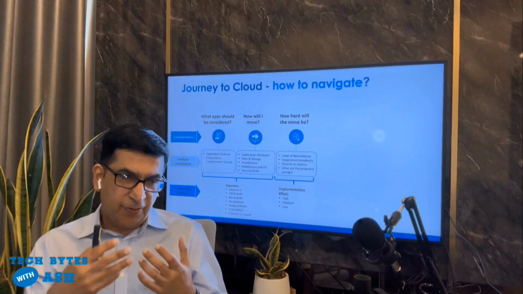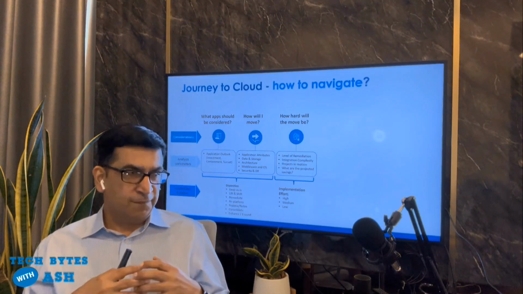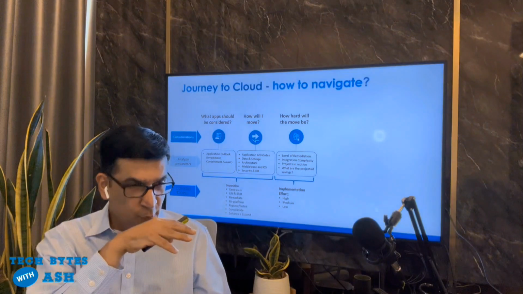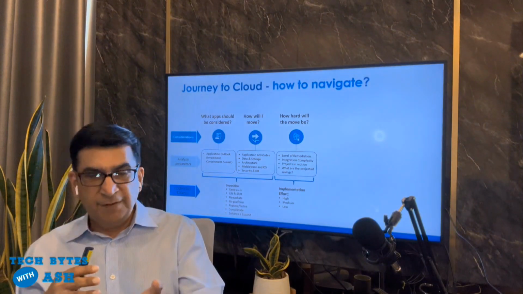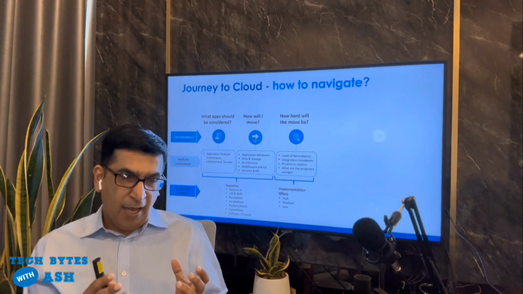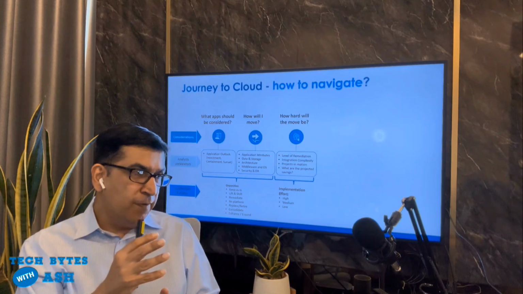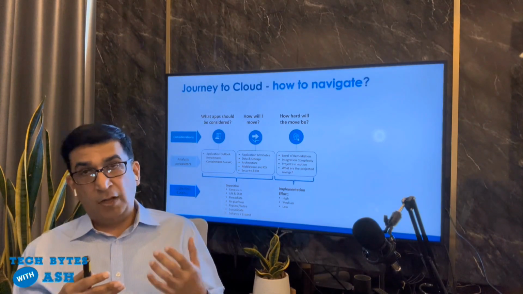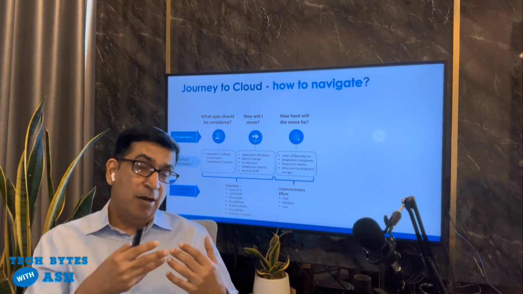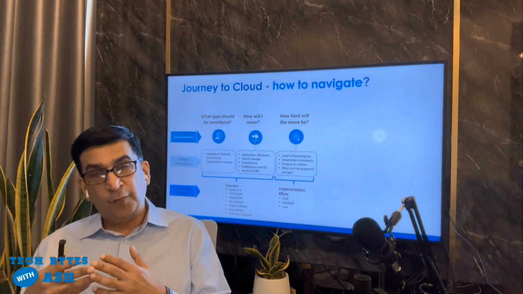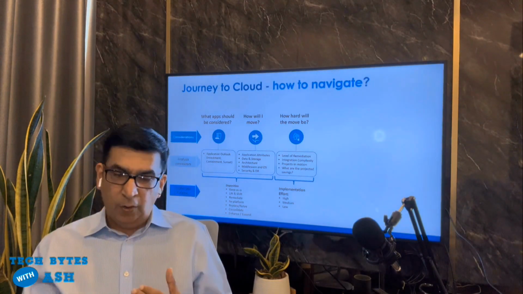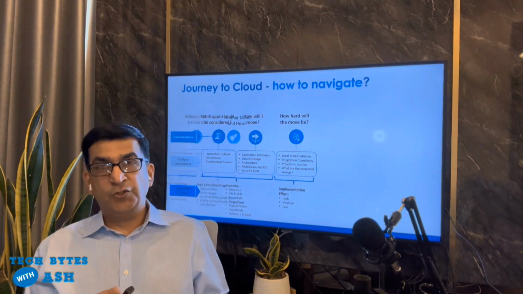There's this whole methodology that technology professionals use for calibrating and saying which kinds of applications we retire. Are they things that we just lift and shift? There's a lot of technical jargon used to really understand how and which applications need to move. And then you have to gauge the cost involved and how hard it will be. Is it too customized? Is it an ERP system? Is it some supply chain software that cannot really go because there are too many customized rules? So you have to look at all those dimensions to understand how the journey will be.